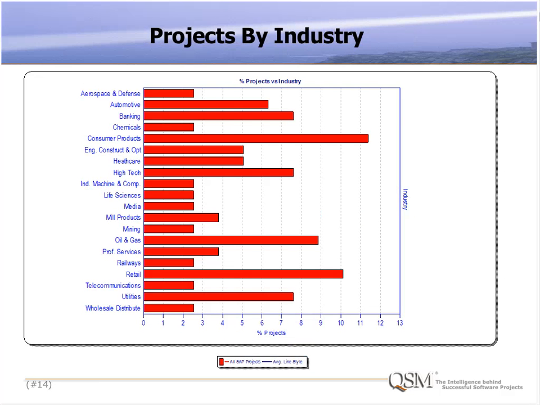We can also break that information out by industry type. You can see here, across all those 82 projects, they vary across industry as well. So I've got aerospace and defense all the way down through wholesale distribution. So not only can we look at the projects in total, but we can look at them by industry sector